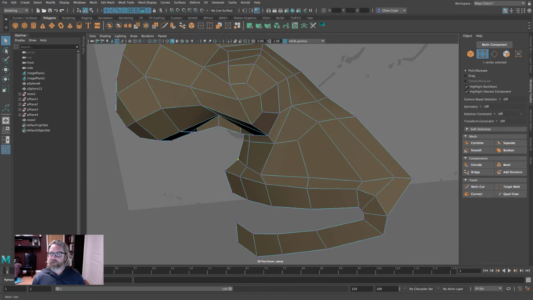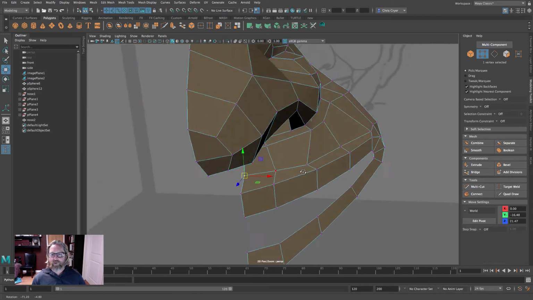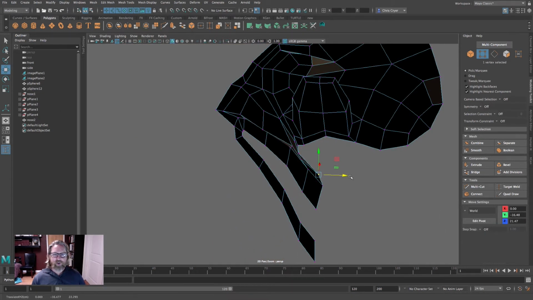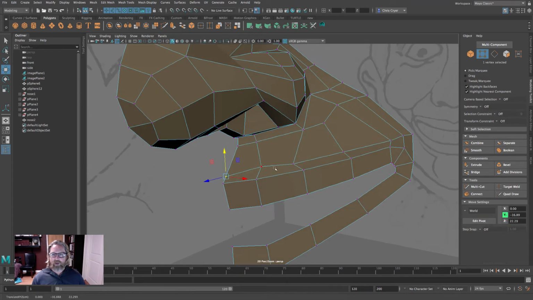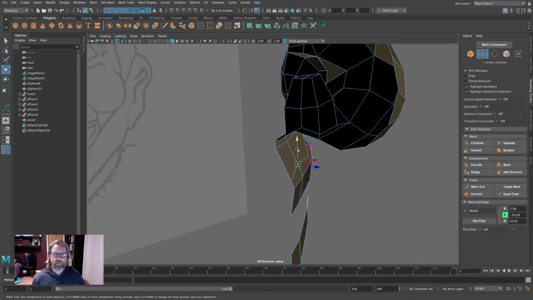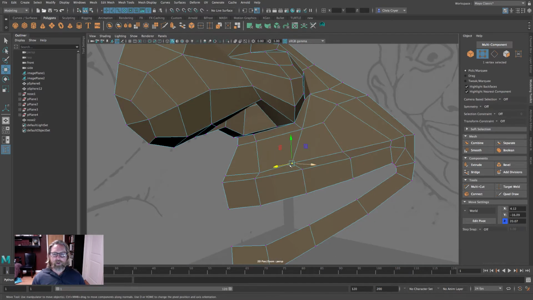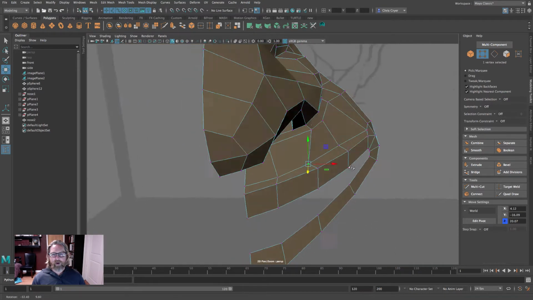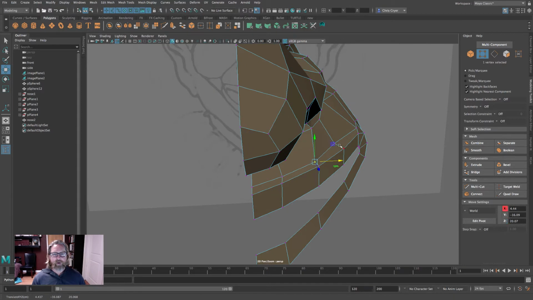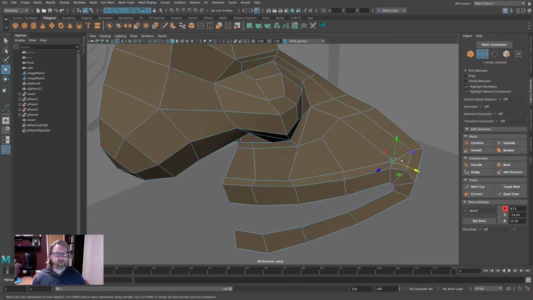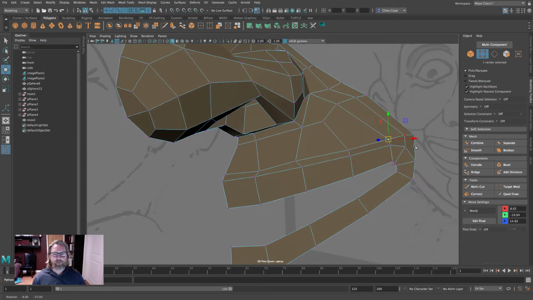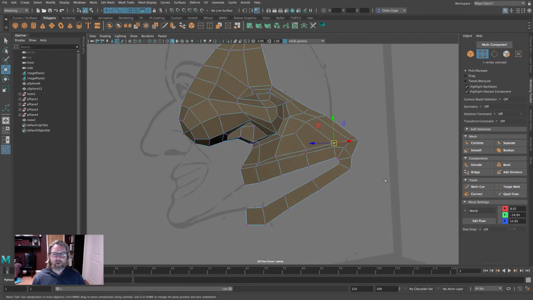Where the face meets the lips, there is a ridge. And so we want the extra set of faces to be able to generate that little crease where your lip meets the mouth. I'm going to pull that over. Again, not too terribly concerned with perfection at this point, just trying to get the basic edge flow. Okay, and then